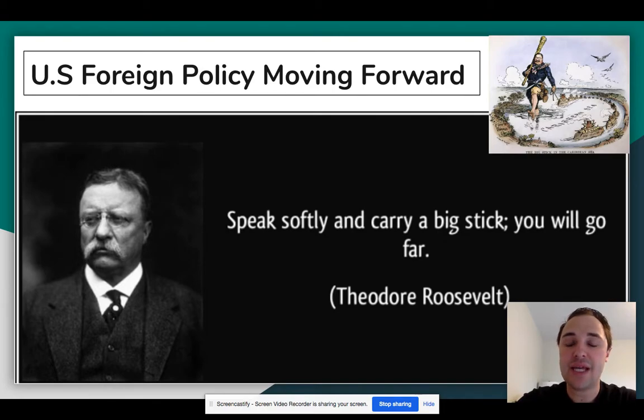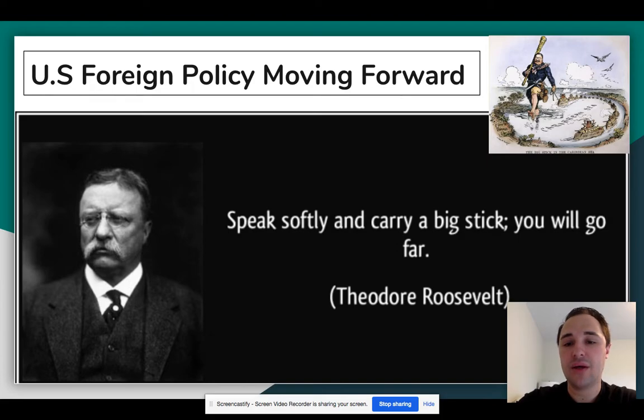So, as the United States became a superpower, Theodore Roosevelt was elected president, and he described his foreign policy by this quote that I put right here for you. Speak softly and carry a big stick. You will go far. So, speak softly, meaning to have the patience and understanding in listening to other countries around the world,